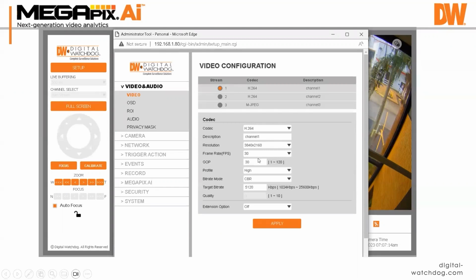By default, that pops out at 30. Spectrum will change to 15 frames a second. It'll choose the bit rate and the target bit rate. And you can even force the resolution up and down on the first or second or third stream separately in Spectrum if you want. So you don't really have to go to this. I kind of want to show you what the layout looks like in here